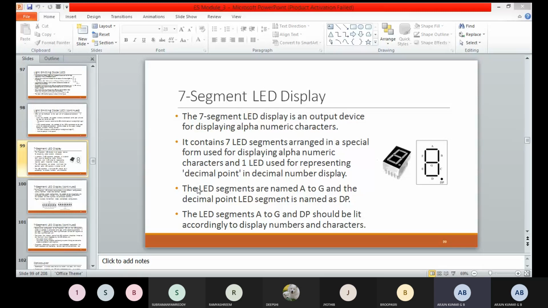See, if you can see, these 7 segment displays are widely used in digital clocks. You can see up there is a digital clock. They can use this 7 segment display in electronic meters and calculators. Everyone is using the calculator now. That is a display, a 7 segment display, and other numerical and electronic devices.